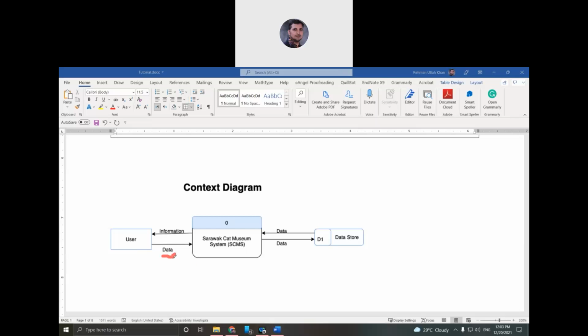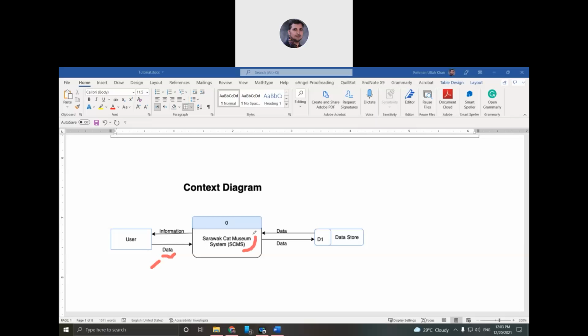I put data, which means it is not clear at this moment what this data means, but some information comes from the user side. This data may be a username and password when the user wants to use the system. But I didn't explain at this moment because later on I will explain in level 0, level 1 and level 2.